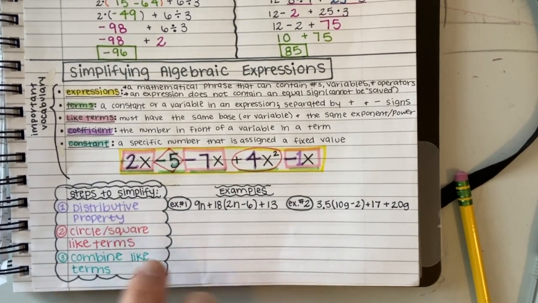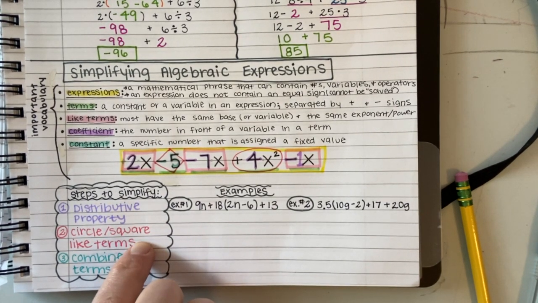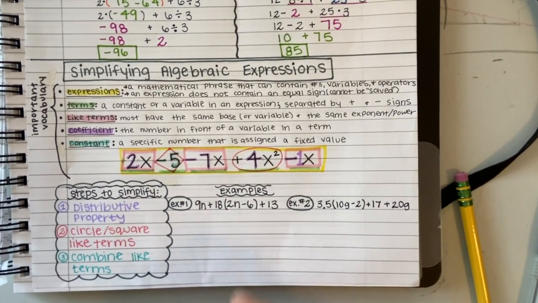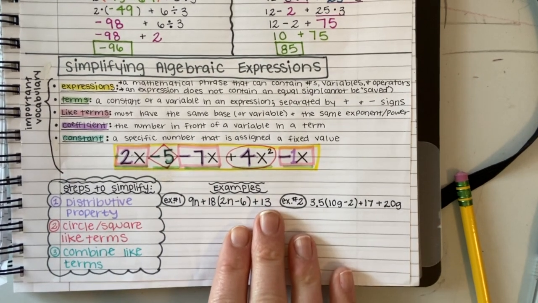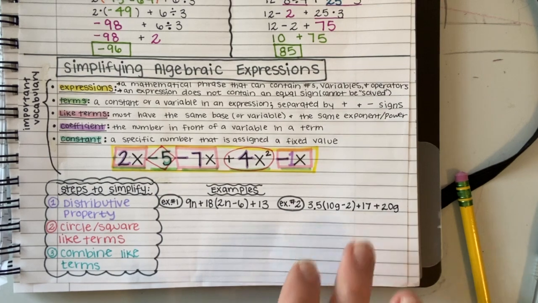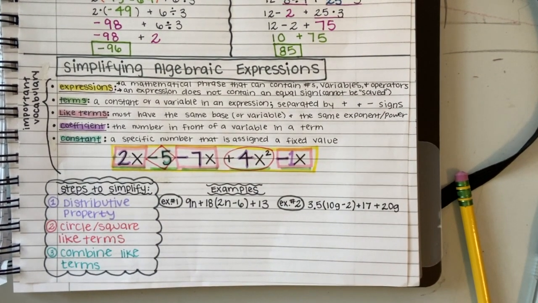So we want to remember the distributive property. We want to circle and square or box or diamond or triangle like terms to make sure we know what we're combining. And then we want to combine those like terms. So what we're going to do is look at 2 examples in order to do that. This first example